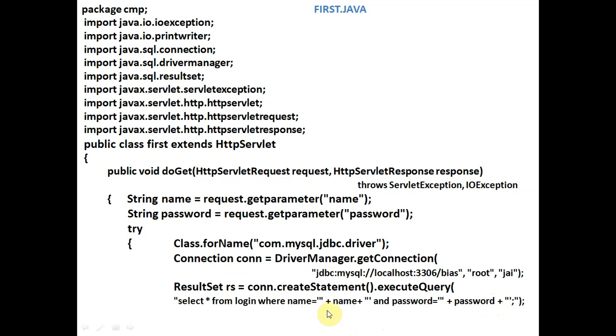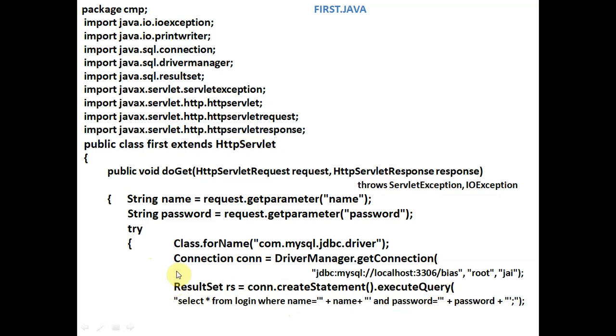So the database table variable will be compared with the input variable name, and the password of the database table is compared with the password which we have input. If both name as well as password are the same, we have used the AND logical operator. If both conditions are fulfilled, then the query will execute and return the result, and the result will be transferred to the RS.